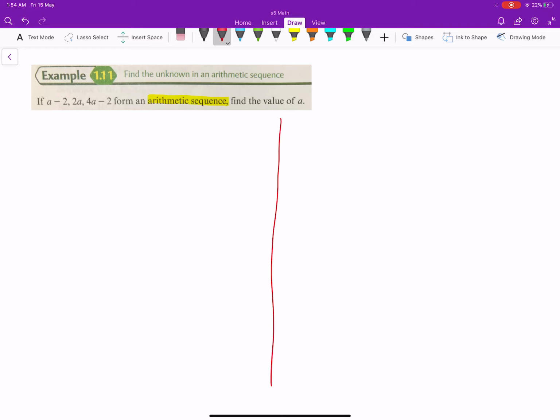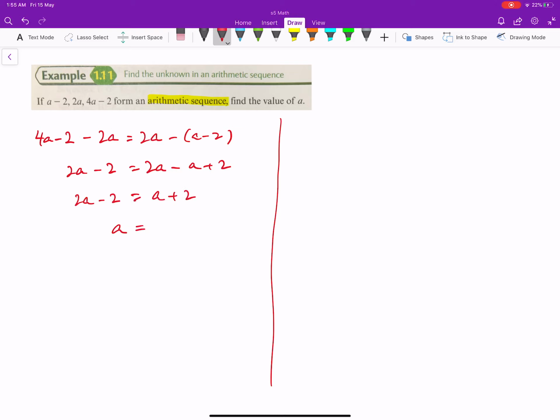If you don't use the property, then you simply use the third term minus the second term will be equal to the second term minus the first term, right? They are both equal to the common difference. So we get 2a minus 2 equals 2a minus a plus 2. So 2a minus 2, a plus 2. So finally we get a is